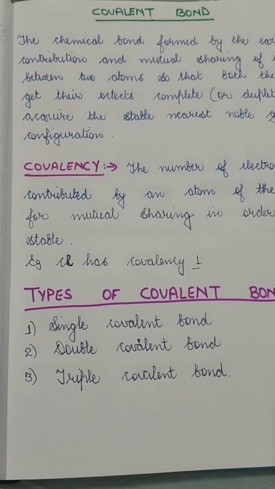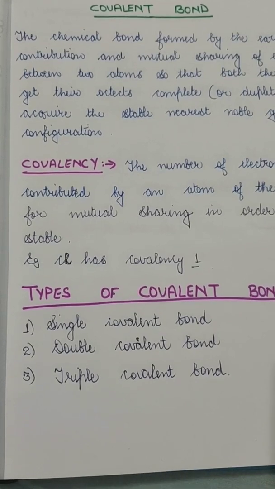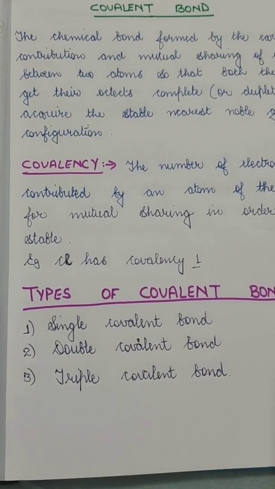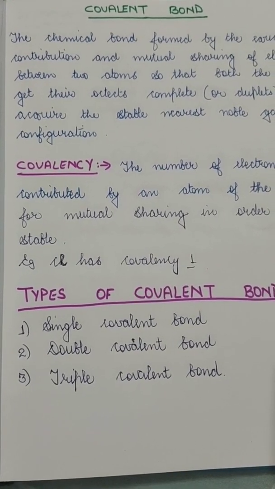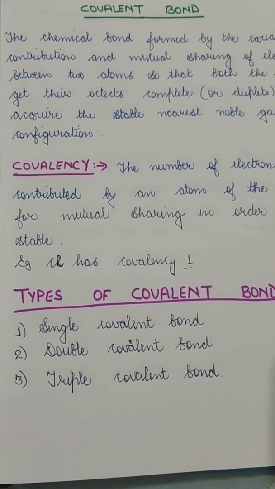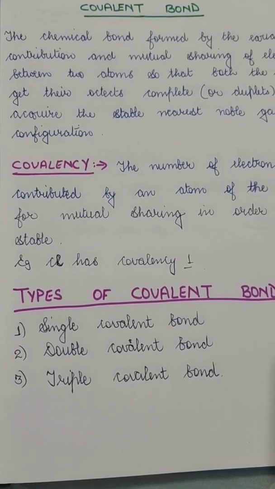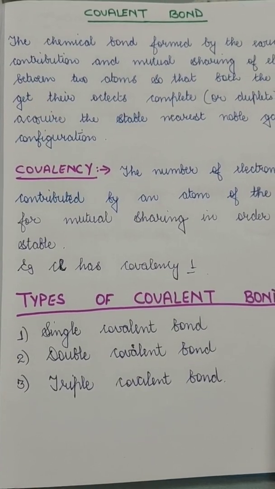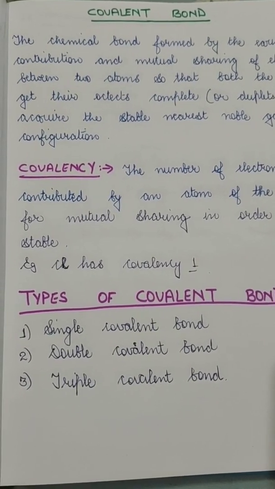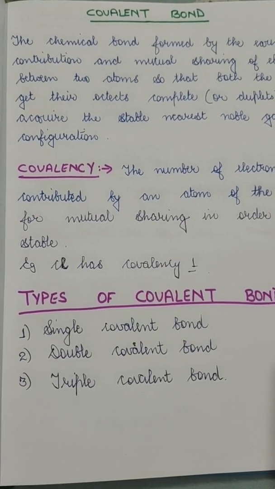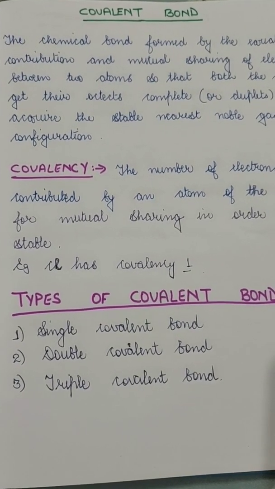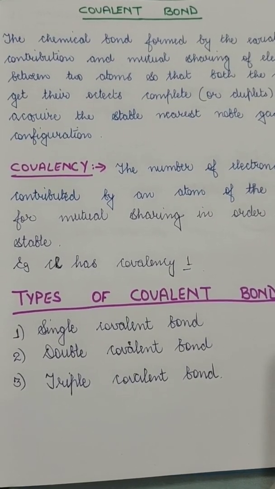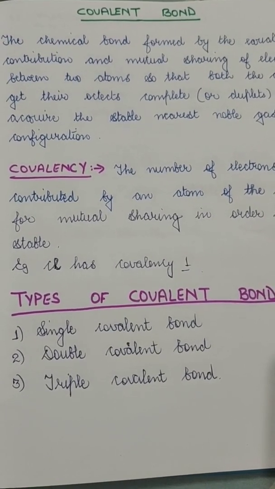The ionic bonds are the chemical bonds formed by the transfer of electrons between two atoms. That means when two different atoms combine, they combine by the transfer of electrons, which happens basically between metals and non-metals. So the covalent bond is a little different from ionic bonds. In the covalent bond, there is the sharing of electrons. So this is also a chemical bond, but here there is no transfer of electrons, but there is sharing of